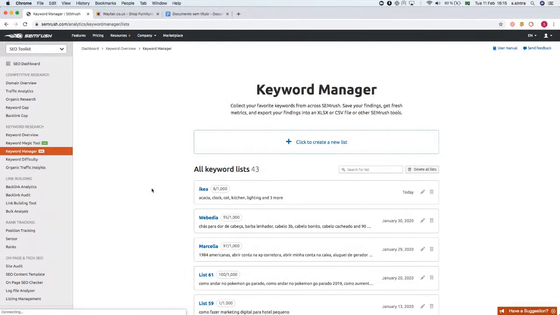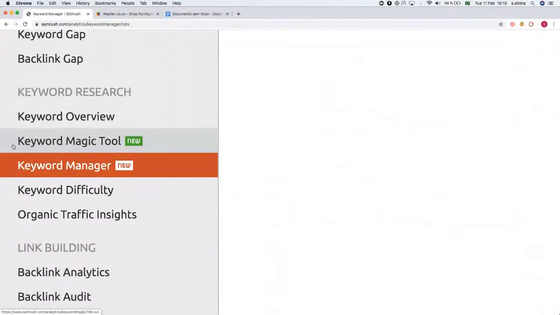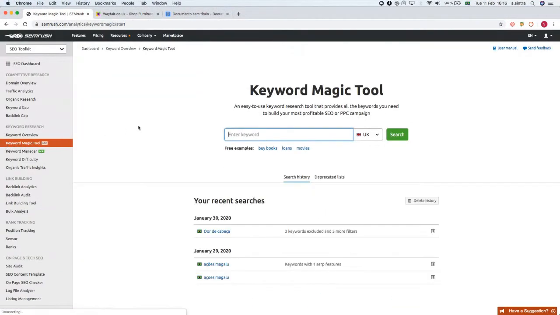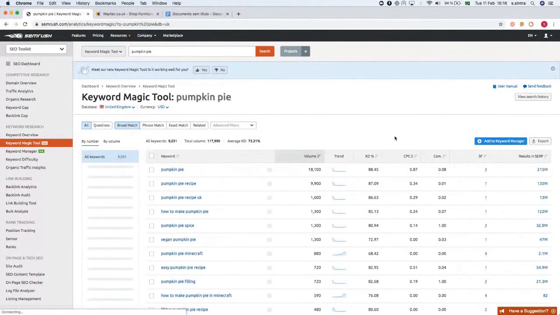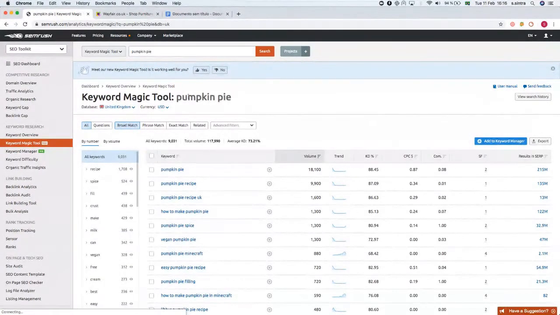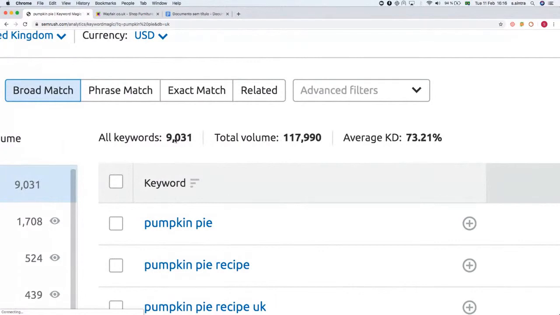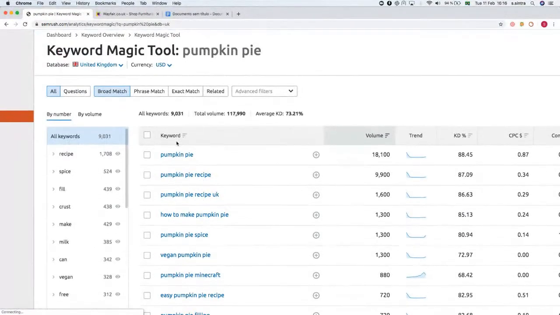Now let's start really working on this keyword portfolio of ours. And for that, we're going to start with the Keyword Magic Tool here. And the Keyword Magic Tool is going to look for the keyword and not for the competitor, right? So it's about the semantics of this keyword. So let's type any keyword here. So for example, pumpkin pie, in the UK, and search. Okay, so based on pumpkin pie, we have